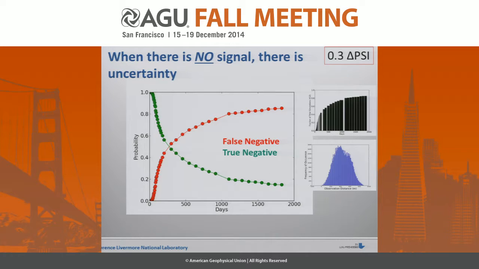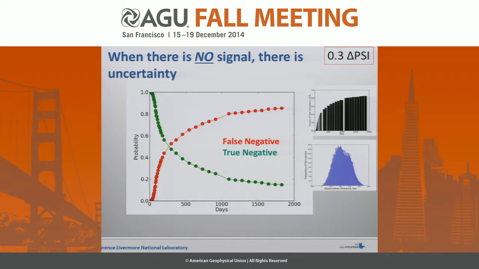So here we're seeing, at the early days, the true negatives, so we're not seeing a pressure signal. That actually is more likely the case that there has not been a leak yet. However, as we go past around 300 days, now the false negatives are dominating our suite of simulations. And this curve here, of course, mimics the curve of how many of these simulations actually are classified as a leak. So that makes sense. And again, the statistics behind this are very much controlled by the distribution of our observation distances, so if we consider that